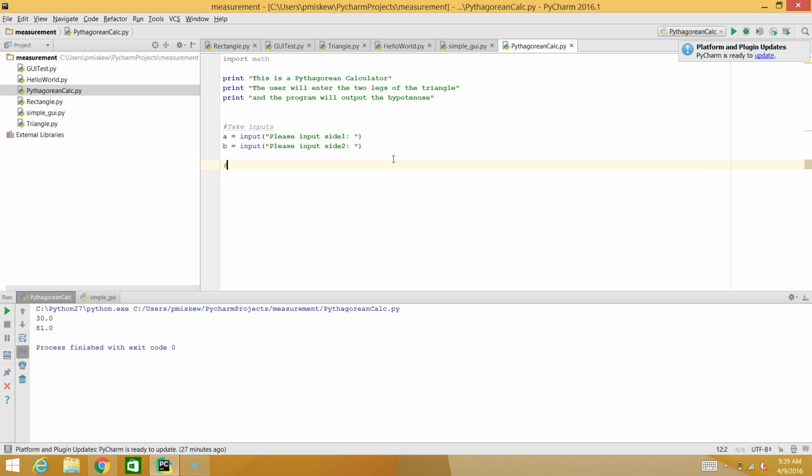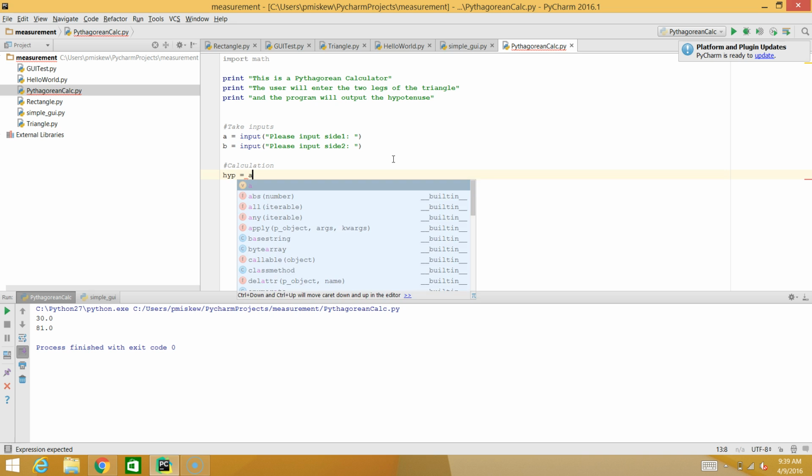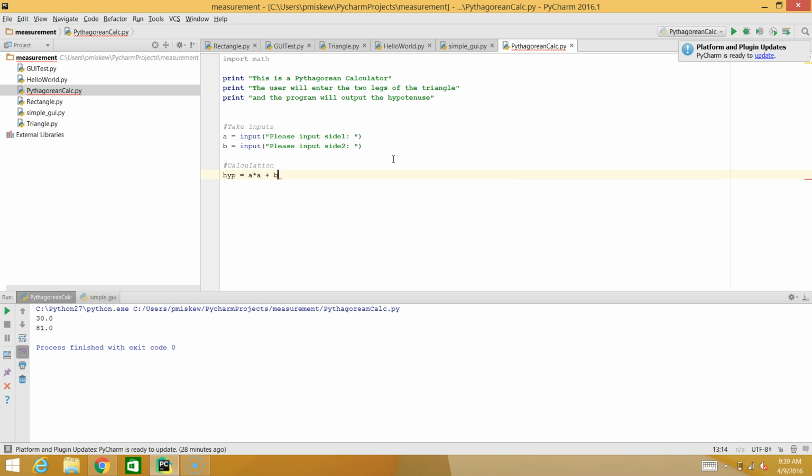And now the second step I have to do is my calculations. So the hypotenuse, which we'll shorten to hype, we're going to do in 2 steps. If I think about an actual Pythagorean calculation, we're going to take the 2 sides, square them and add them. So let's do that first. I could write this as a times a plus b times b,